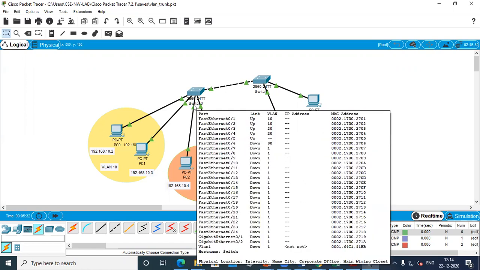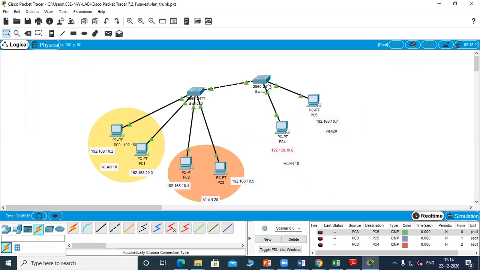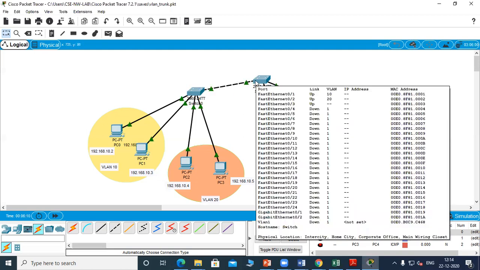Now this can also be extended using a trunk interface where it can be connected to the other LAN connection. So you can see there are PCs located in different parts, but still they can be connected to these VLANs. That is the advantage of VLAN, where even though it is located at a different part, it can be grouped into one particular LAN. And to connect switch to switch, there is a trunk interface. This helps in segregating the packets and only the relevant packets are forwarded to that switch. So this will reduce the congestion and thereby increase the speed of communication.